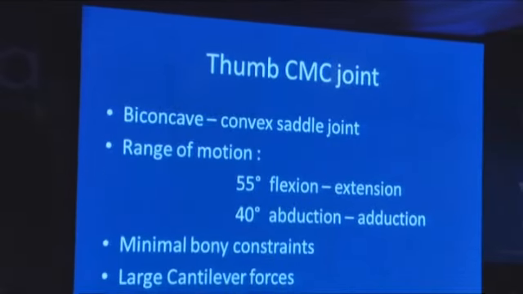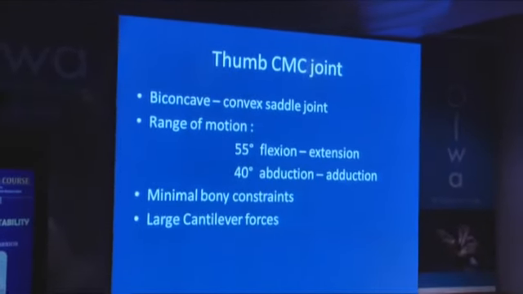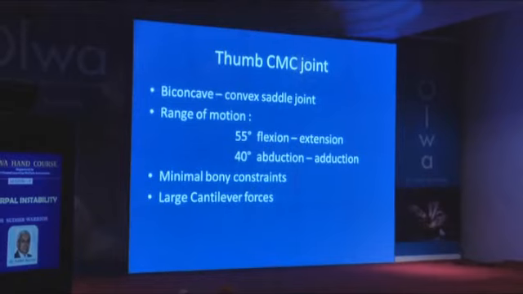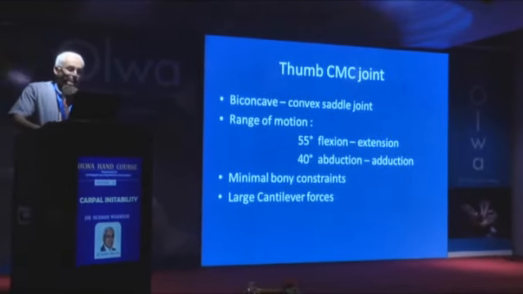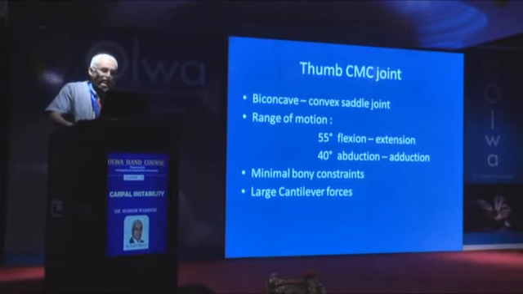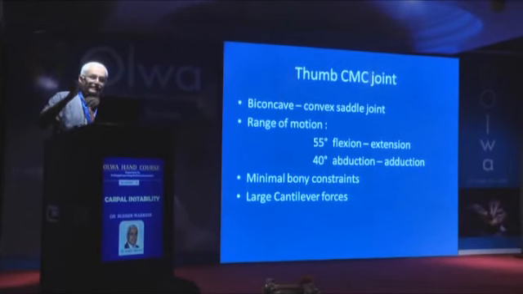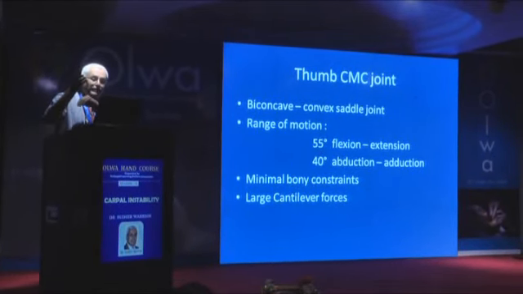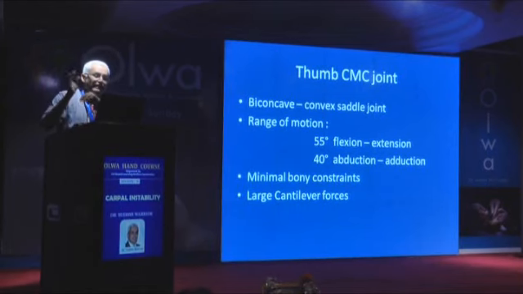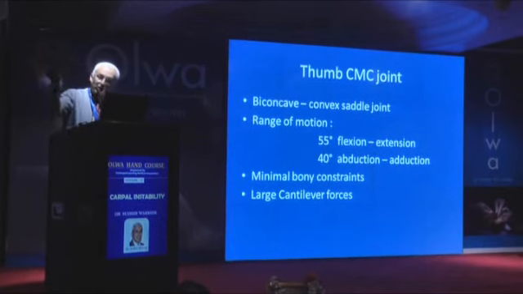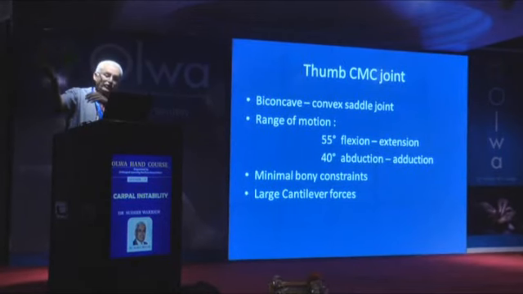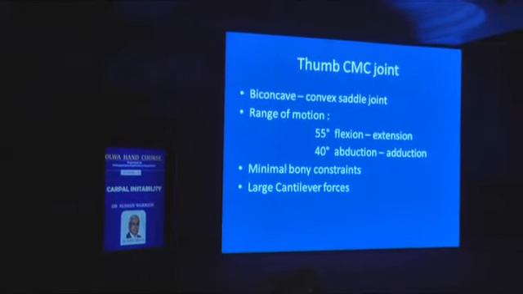Injury that all of us deal with. Quickly, if we can just understand why it's such an important joint: forget the biconcave and convex saddle and all that, those shapes and sizes matter very little, but it has a big range of movement, and it forms the base of the thumb, which has to rotate all around for you to get normal function.